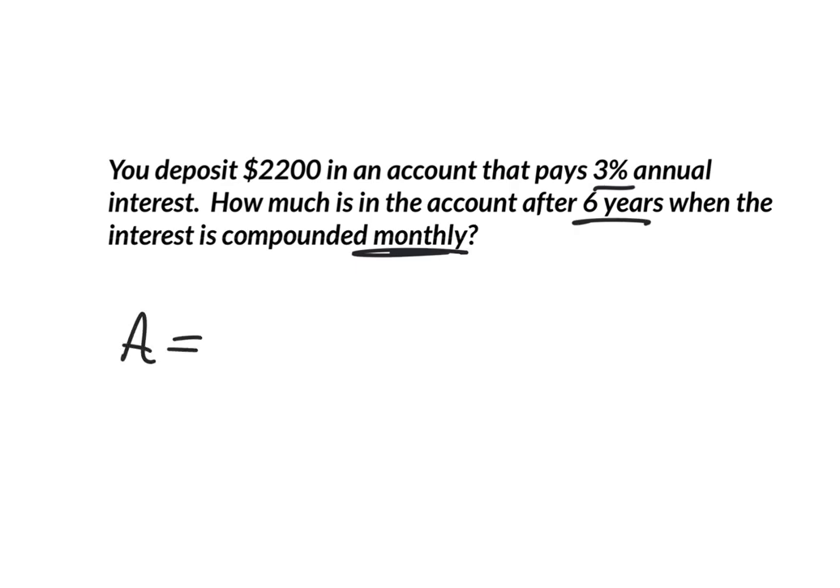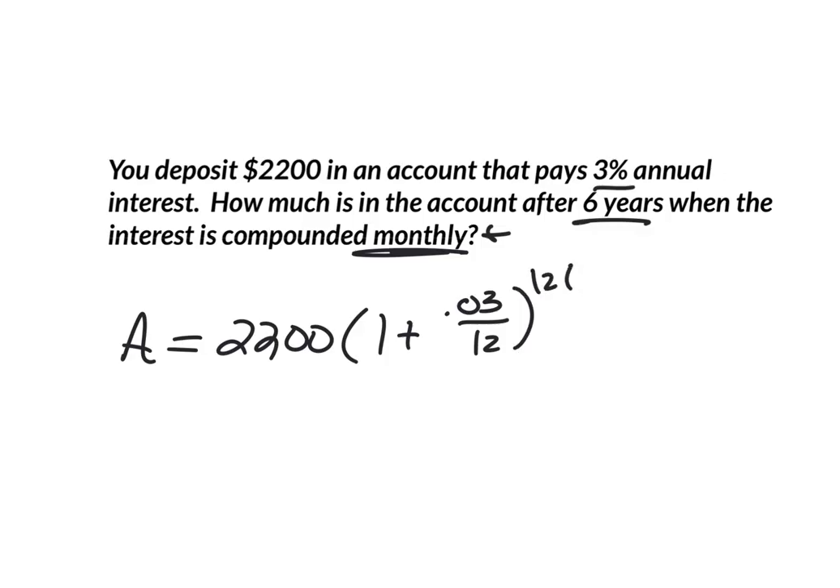The final amount is the principal, the amount you start with, times 1 plus R. Got to change it to a decimal, over N. Compounded monthly. How many times is that a year? That's 12 times a year. And then 12 times 6 is my exponent, which, by the way, is really 72. Going to punch it in one more time. And the final amount in that account would be